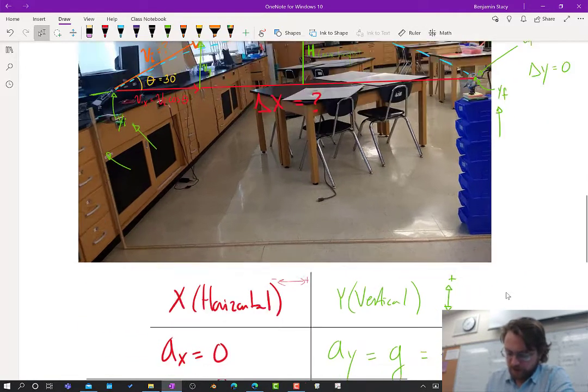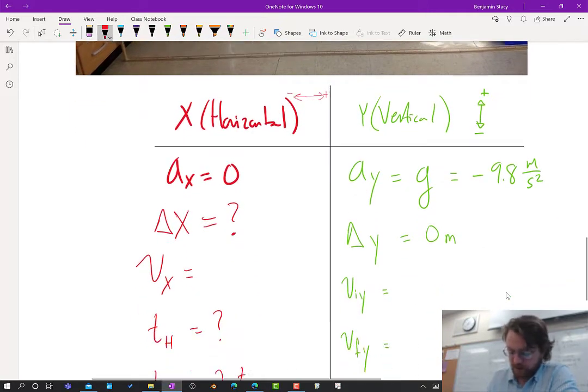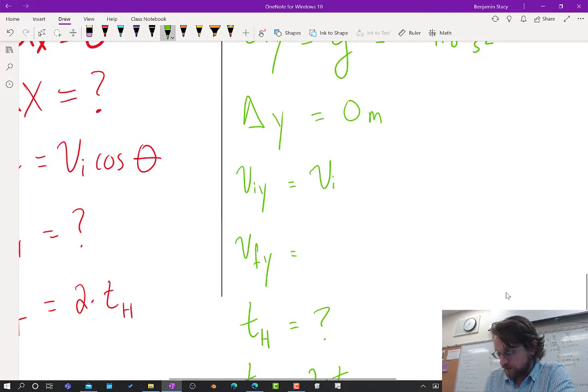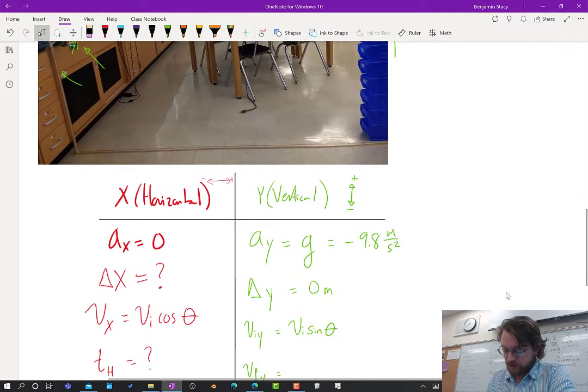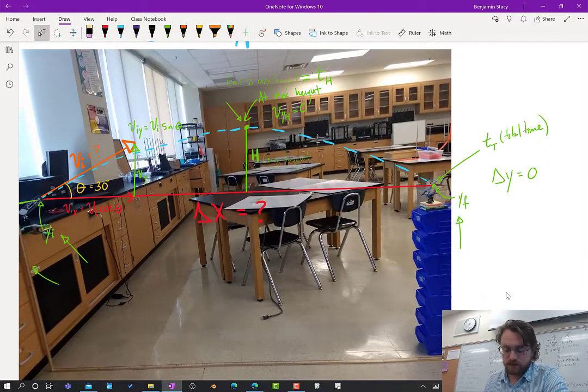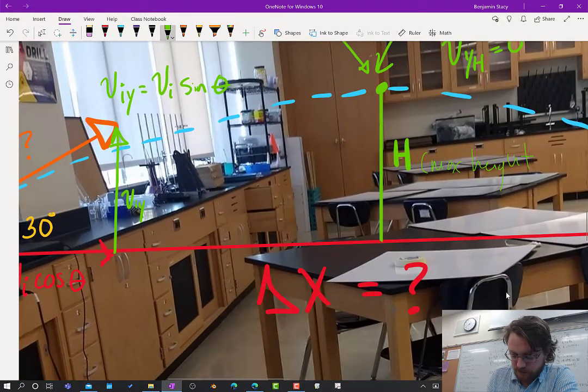Okay, so I can just write those anytime I have a projectile or even a force or anything like that, an angle. I can call my velocity in the x direction here VI cosine of the angle. And vertically, I'm going to have for the initial velocity vi times the sine of the angle. And something we notice from the symmetrical nature of this surface-to-surface type launch, whatever this initial velocity in the y direction is,